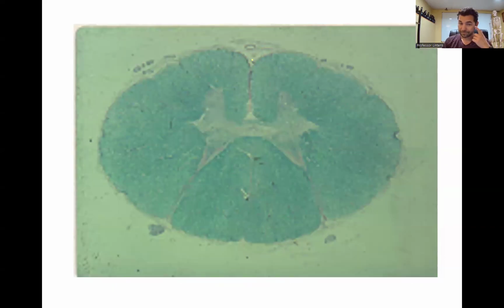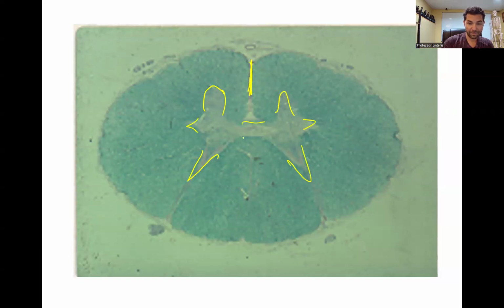Same thing here, right? This is the front, anterior median fissure, anterior horns, posterior horns, lateral horns, gray commissure. You can't really see posterior median sulcus, but it's back there. And respectively, all of your white matter. So if you know the spinal cord, you know the spinal cord. And the last one, this is what we call